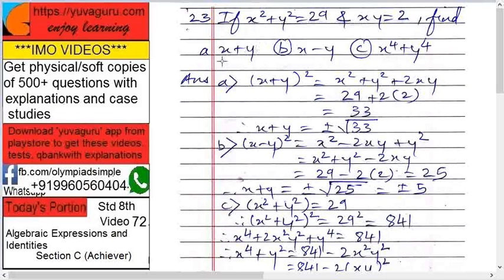It's very simple. We want x plus y. So get the hint from this problem. x square, y square, and we want x plus y. x plus y the whole square will give you what? x square, y square and xy. So all the things are there. So x plus y the whole square equals